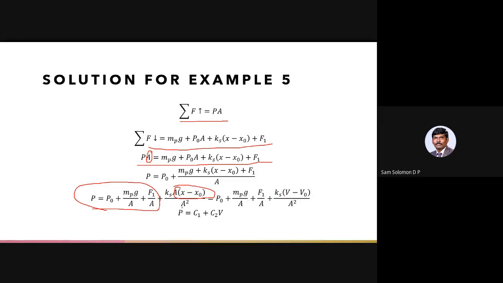Okay, so what I have here is one set of terms. I'll change the color so that you can understand. One set of terms which is P naught plus MPG plus F1. This is a constant. The atmospheric pressure is not going to change. The mass of the piston is not going to change. The single point force, because it is a single point force, they are giving it a value that is also not going to change. Area of the piston is not going to change.